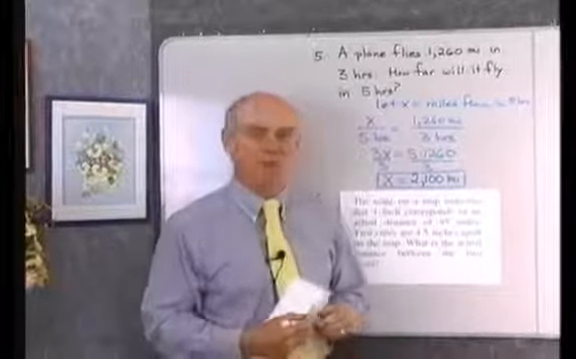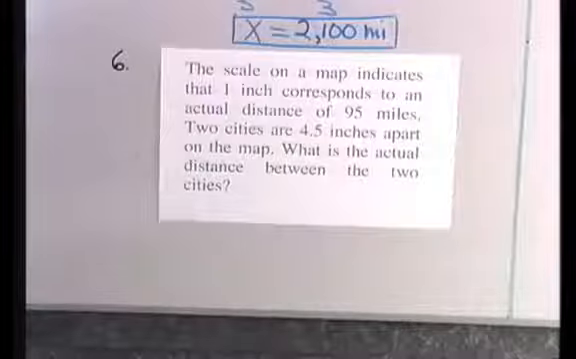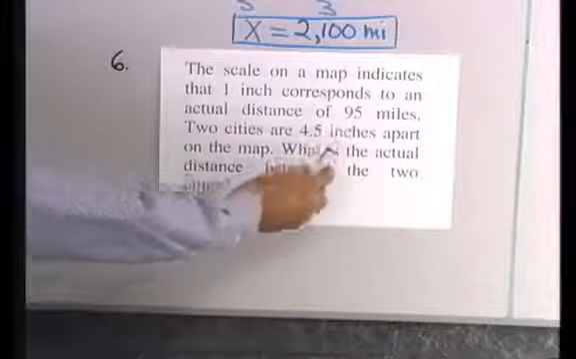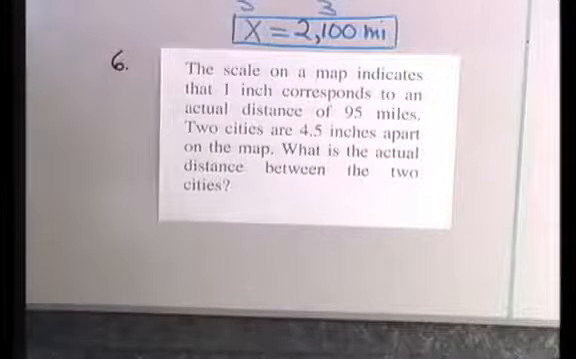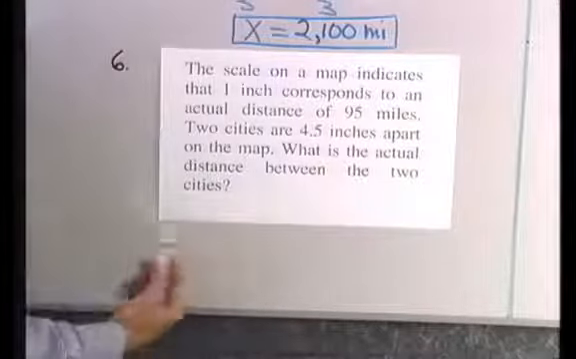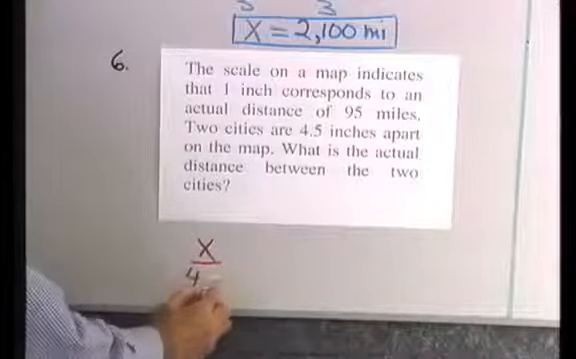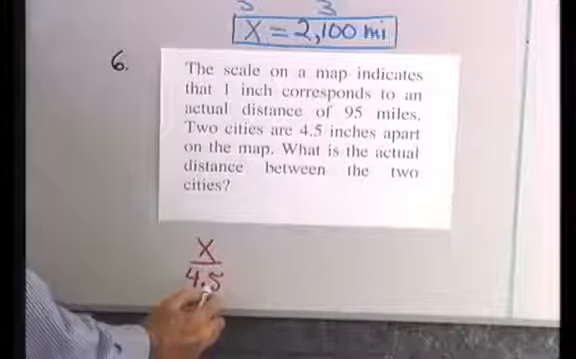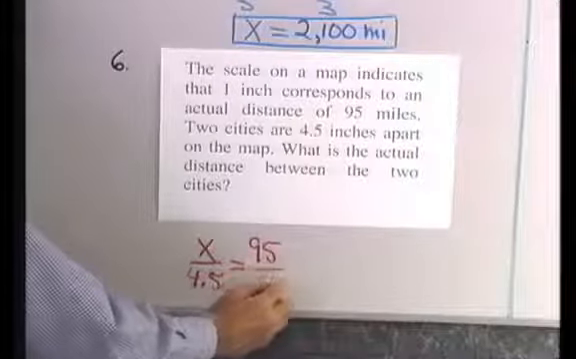Let's look at our next problem that involves a map. Problem 6 says the scale on a map indicates that 1 inch corresponds to an actual distance of 95 miles. Suppose that two cities are 4.5 inches apart on the map. What's the actual distance between the two cities in real life? Well, let's let x be equal to that distance, and this is what we'll have. x miles is to 4.5 inches on the map, as 95 miles is to 1 inch